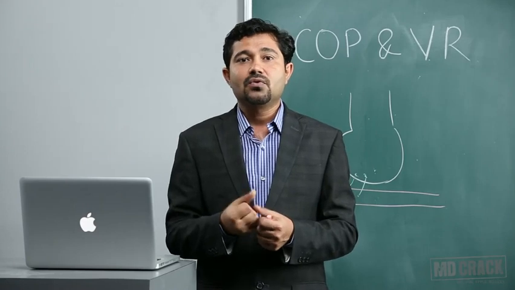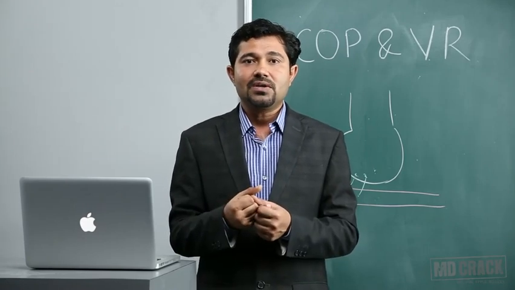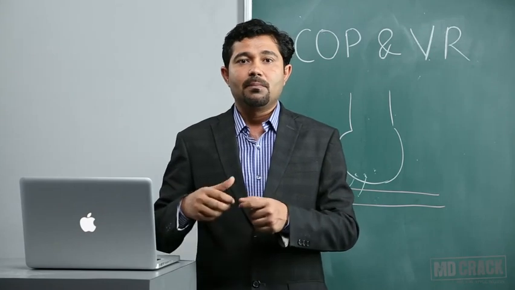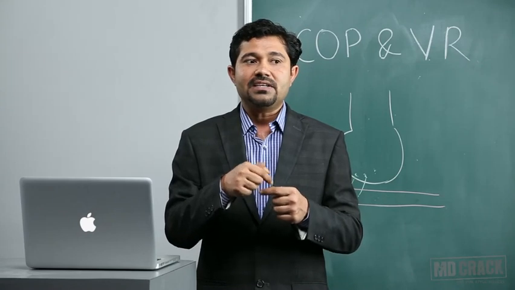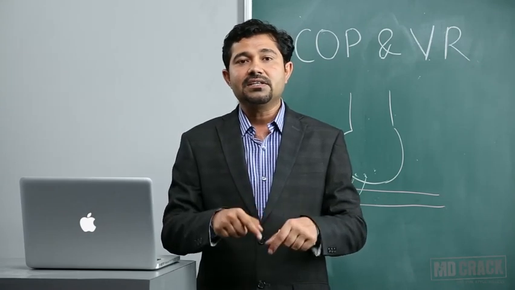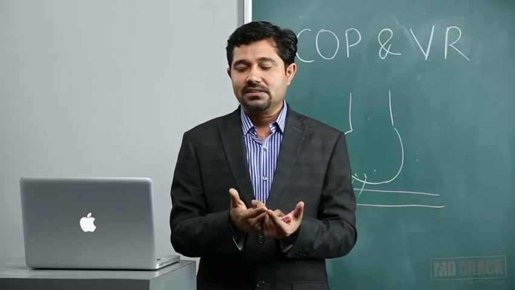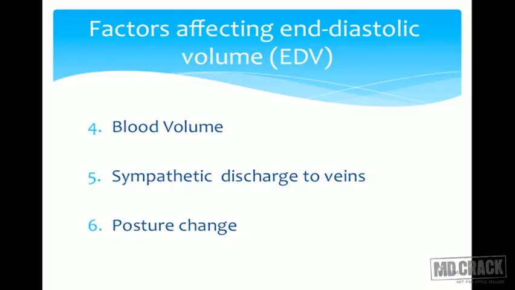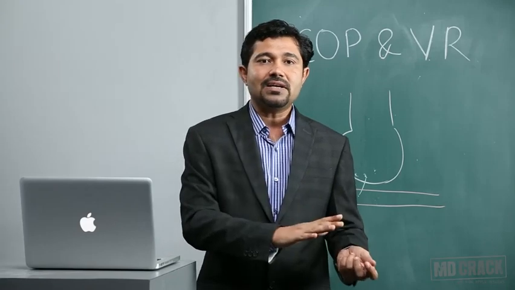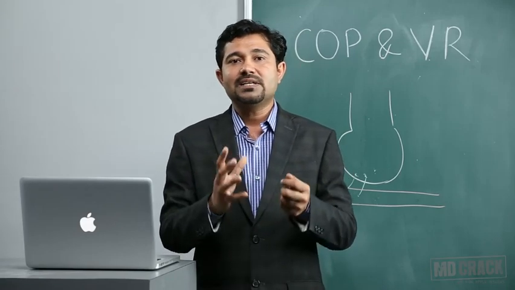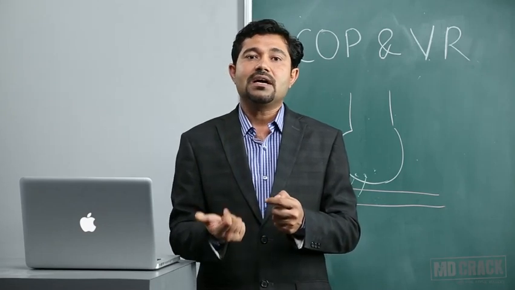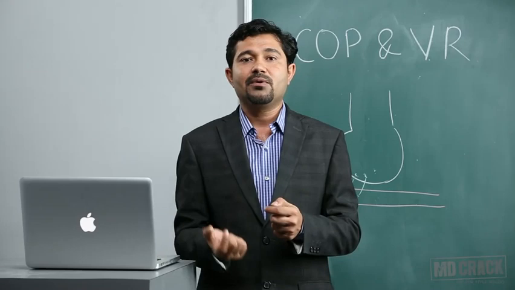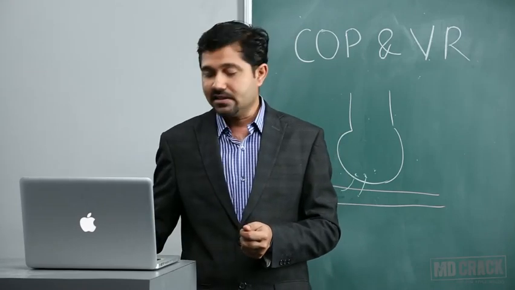Remember, veins are a good reservoir of blood. So what will happen if there is venoconstriction? Blood from the venous system will enter into the atria. From the atria it will go into the ventricle, and ultimately the cardiac output is going to be increased. So this will happen. Posture change. As we have just seen, if a person is lying down and suddenly stands up, because of gravity the blood is pulled into the venous system, and now the venous return will decrease, and because of that the cardiac output will decrease.